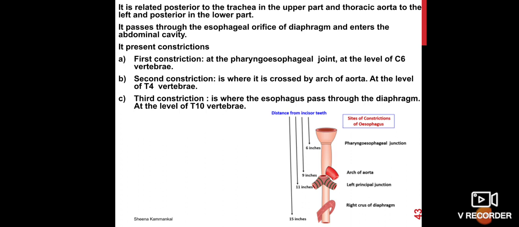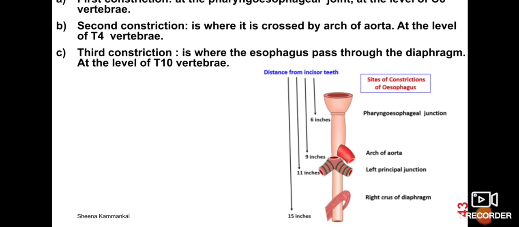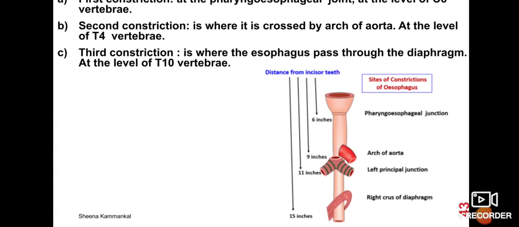The first constriction is present at the junction between pharynx and esophagus. That means at the very beginning of the esophagus, at the level of the C6 vertebra. The second constriction lies where it is crossed by the arch of aorta. The third one lies where it is crossed by the left bronchus, and the fourth one is present at the junction between the diaphragm and the esophagus. So these are the four natural constrictions present in the